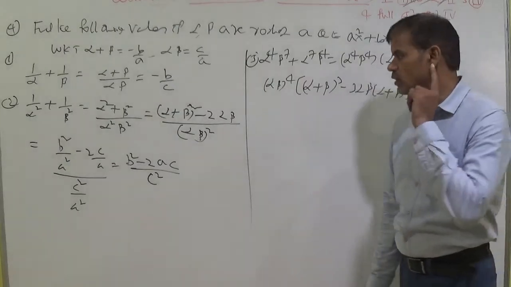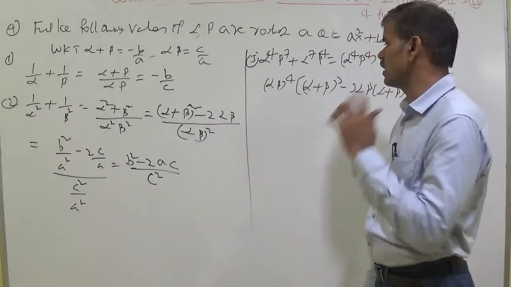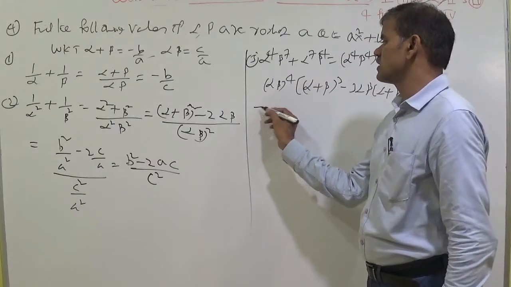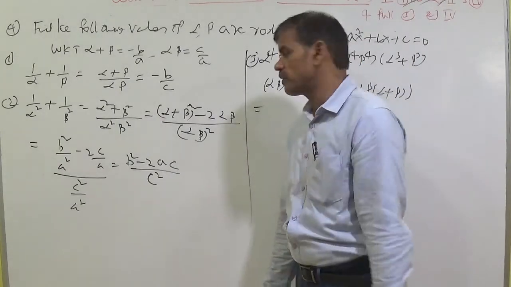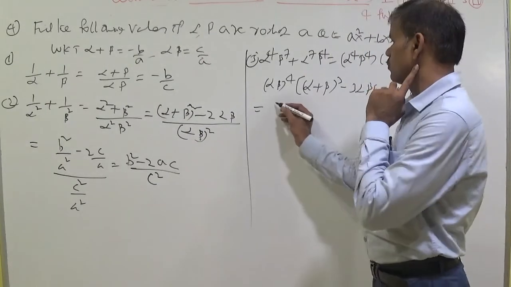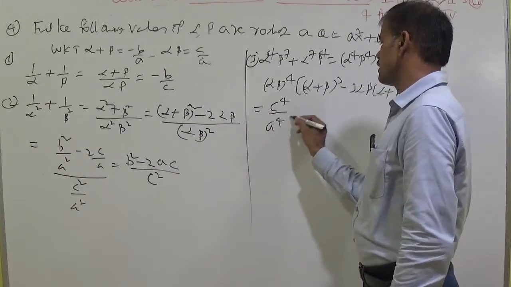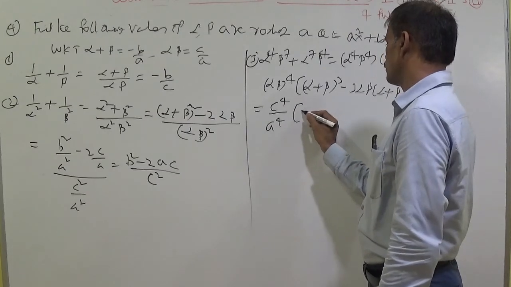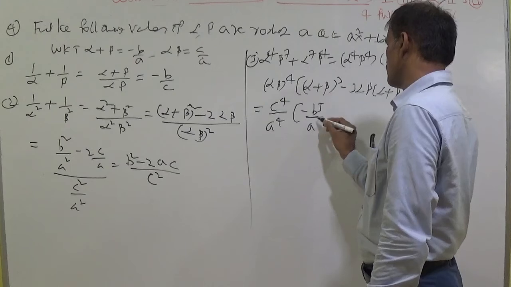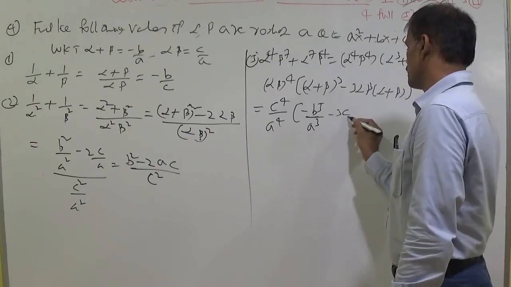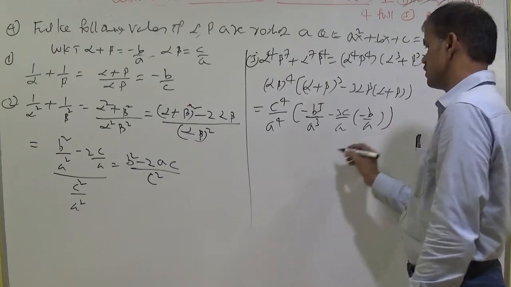Students, I am telling you this one only for objective. You should remember and you should learn the concept by heart also. Whatever the sums are needed, simply directly you would say (alpha beta) whole power 4. So alpha beta formula c by a, you can write c power 4 by a power 4. So here (alpha plus beta) whole cube, meaning minus b cube by a cube, minus 3c by a into, you can write here as minus b by a.